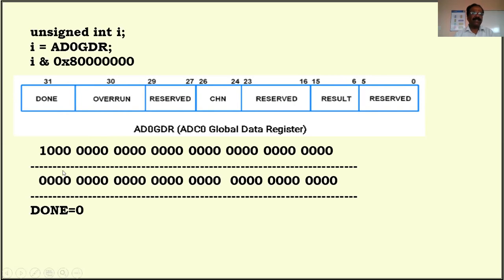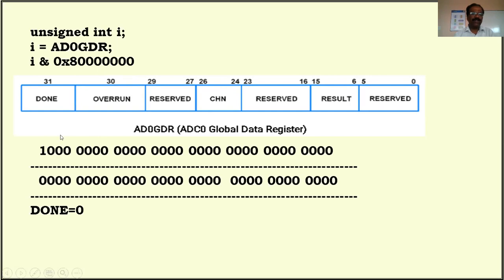The next thing is I'm going to combine the content of i, which contains this information, with masking data: 8 followed by 0, 0, 0. So this is the binary equivalent of this 8, 0, 0, 0. What is 8? That is 1, 0, 0, 0, then 0, 0, 0.